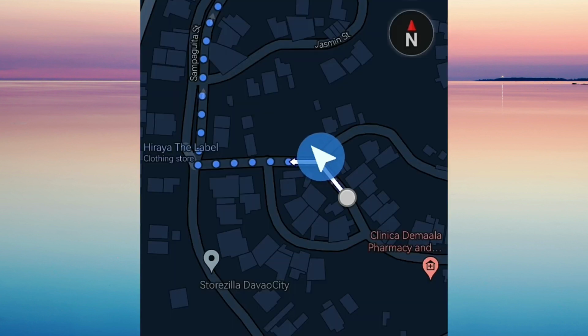If your arrow is pointing away from the blue dots, then you are going the wrong way. Just turn until you are on the right track again. Just keep following the blue trail to get to your destination. And that's it. That's how you use Google Maps walking